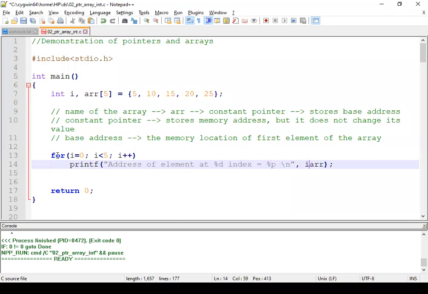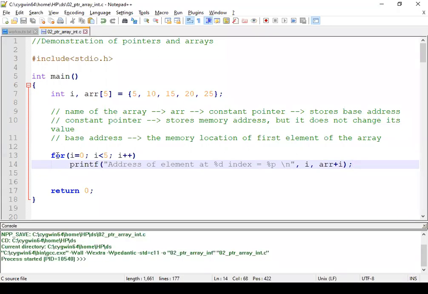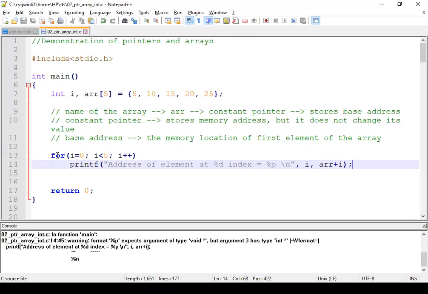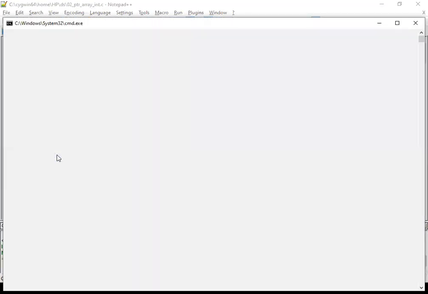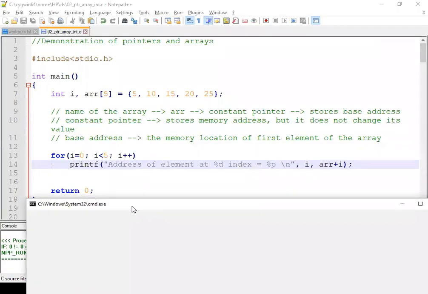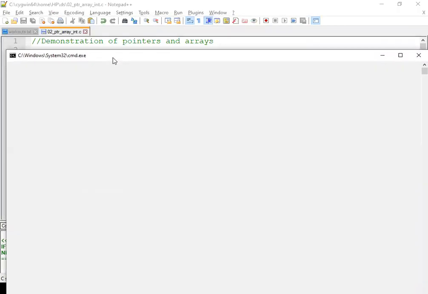And here I am going to print the i value and ARR plus i. Now let us compile the program and then execute. I didn't add \n here. It's there.